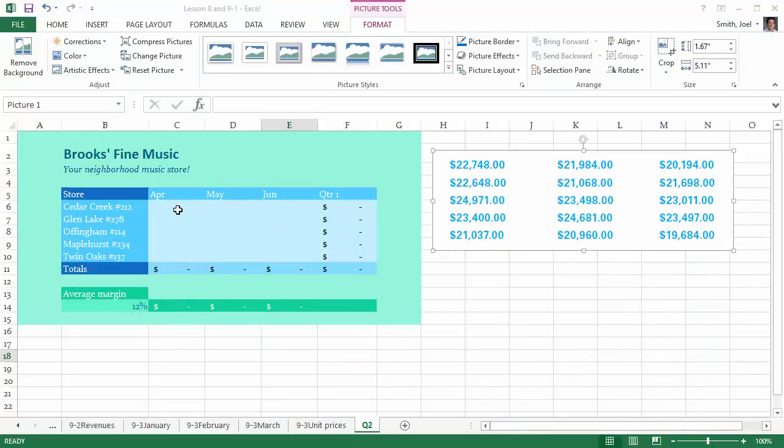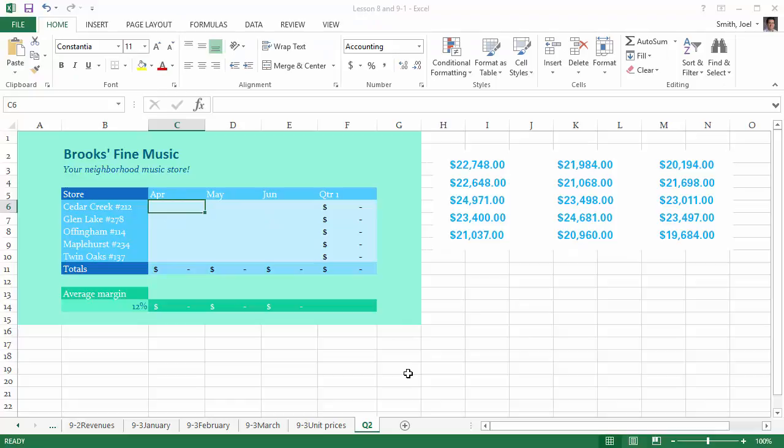So pause the video, and actually let me show you one thing before you pause it and put these totals in. There's a lot of numbers there. There's the dollar signs, there's the commas, but it's already formatted in the accounting format. And that's the great thing about entering dollar amounts, is all we have to do is type the number in. So if I do 22748 and press enter, it formats the rest. So don't put the dollar sign in, don't put the commas, don't put the .00, just put the numbers in before the zeros, and it will do the rest. So that's nice. So pause this, put those totals in, and after that, make sure all the column widths are